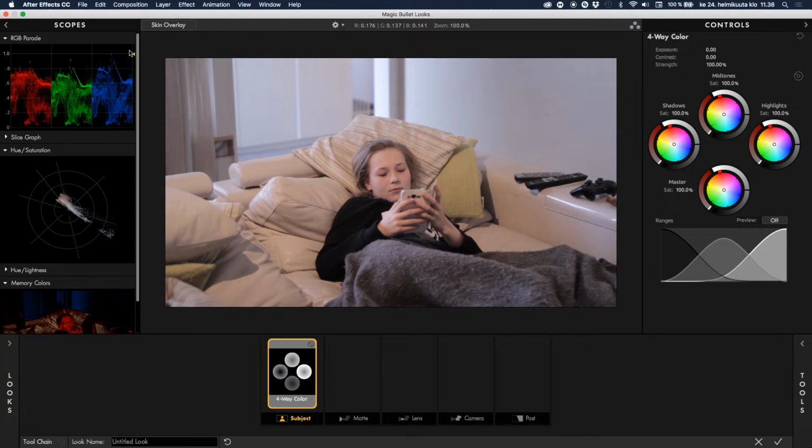Let's go ahead and start fixing the overall contrast and lighting here. A general good rule is the top points here on every scope are the highlights, here are the midtones, and here are the shadows. The shadows should be barely touching the 0 mark, and the highlights the 1.0 or the 100 mark. So let's just do that. Let's go for the shadows first, and let's drop it down. We watch the monitor, so it just barely touches it. Then let's take up the highlights,